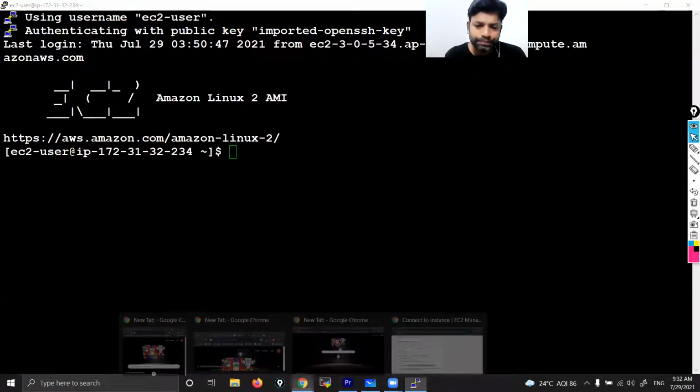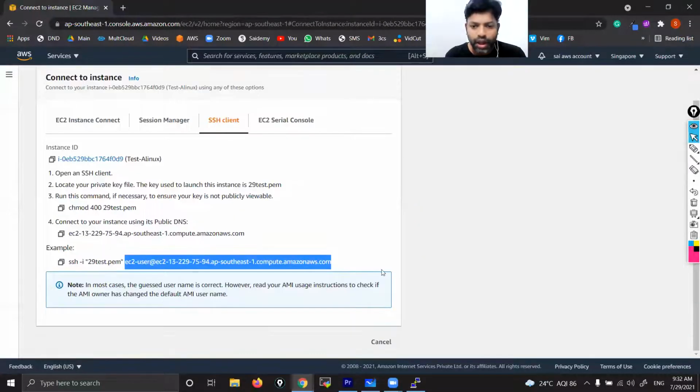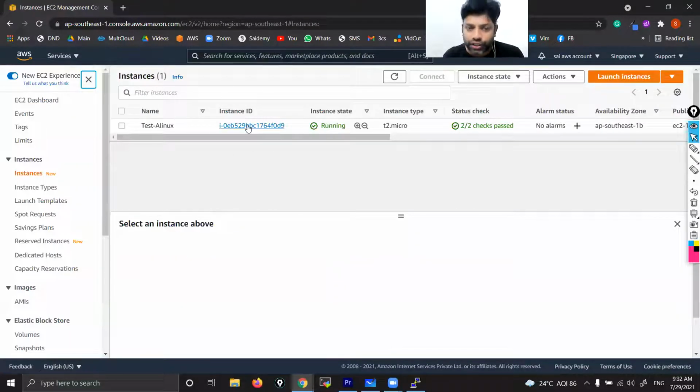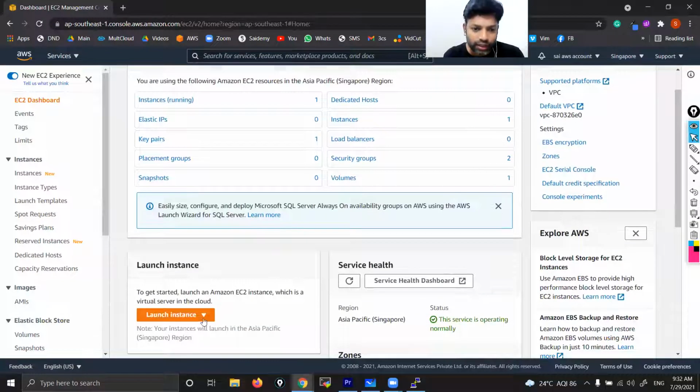Now what I'll do is launch one more instance, one new fresh instance. That instance also I will access by using the same key pair. I won't create any new key pair. So let's see how we are going to do it. Simple. You can click here, launch instance.